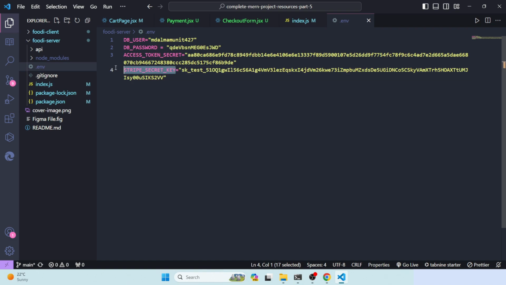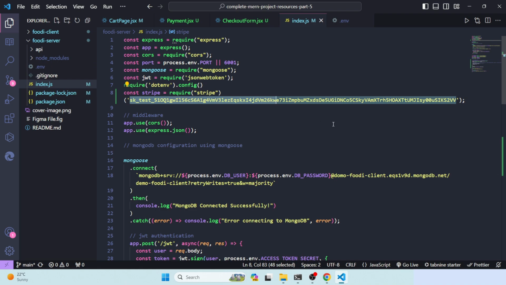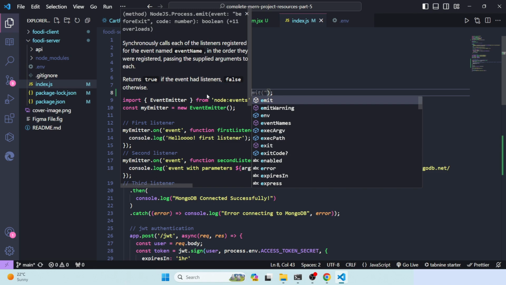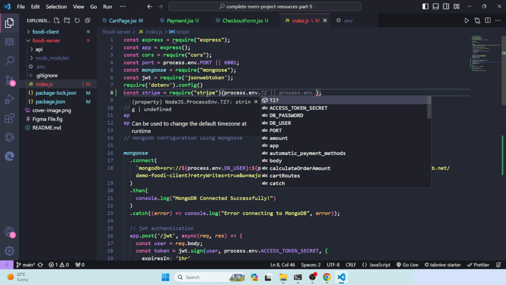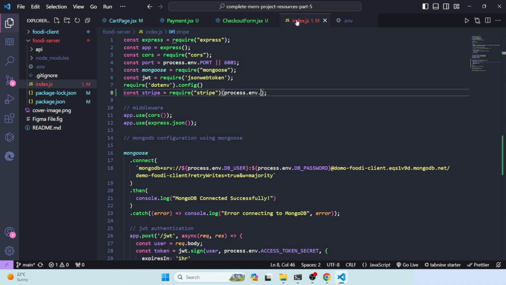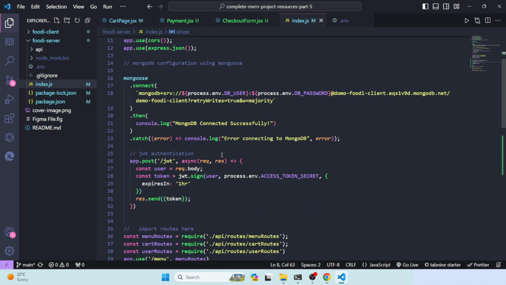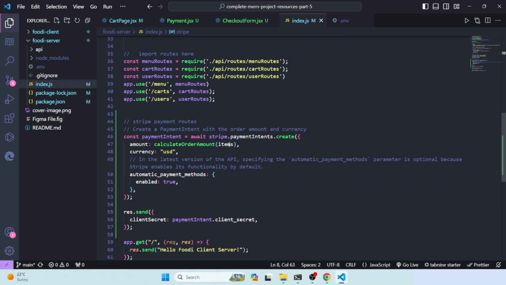Okay, so we have to use this key instead of this. Instead of the whole string, we'll simply use this way. Here you can see process.env dot the name. So we'll simply define process.env dot our secret key name. So that would be stripe key. Okay, that's fine. You can just do that. So if it's done, then here actually what you have to do,